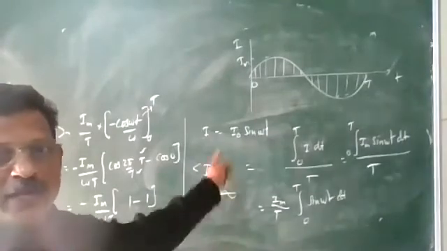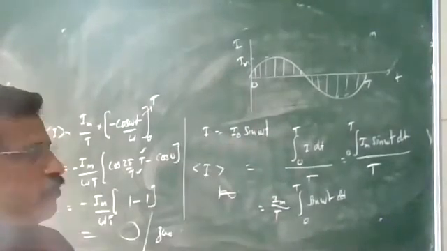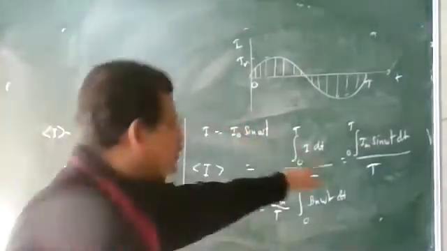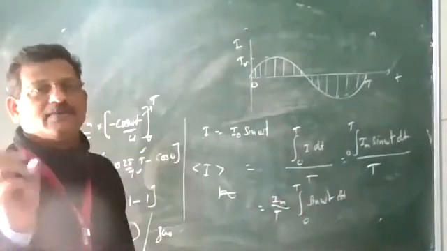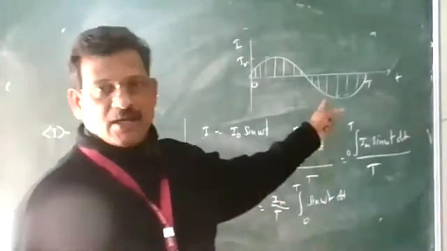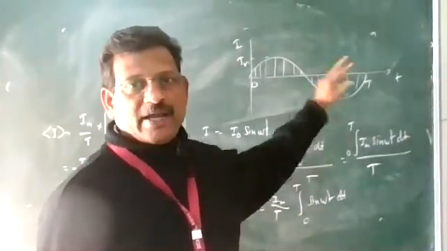And if you want, you can find out over a half cycle what will be the value. For that, you can integrate from 0 to T by 2, divided by T by 2. You will get some value. For the negative half cycle, the value is equal but negative. When you add them, over the full cycle